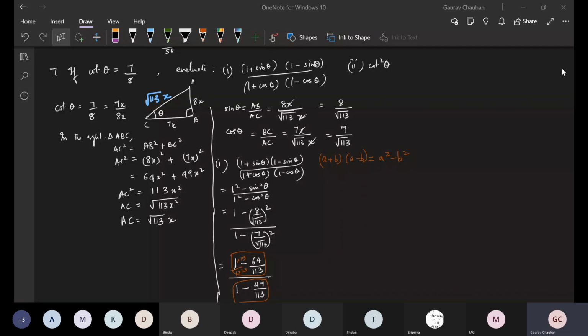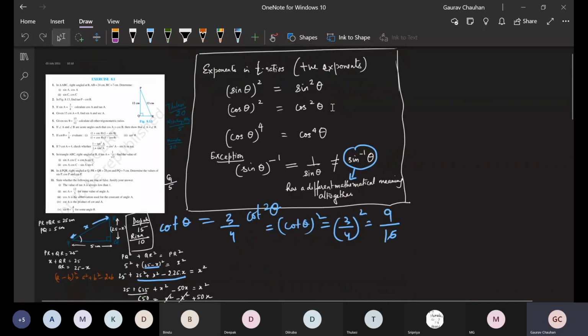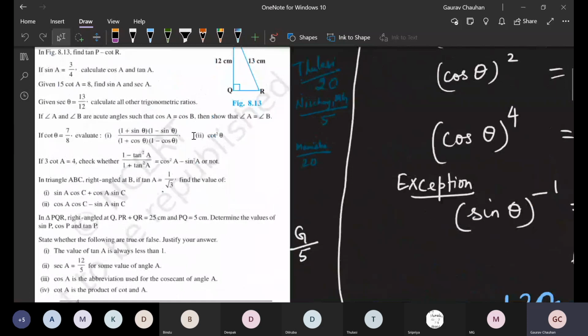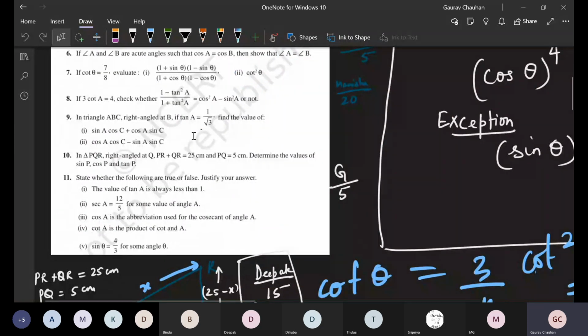Yeah, cool. So MG is saying that he's comfortable with questions 8 and 9. So we'll do one thing. We'll move to question 11 and start the discussion of question 11. Question 11 is here. State whether the following are true or false. I'm going to give you a couple of minutes. I'll just be back in 1 minute. I want you to take time to sort out the answers of the 11th question and think. Yeah, we'll start with the first one. I'll come back in just 30 seconds.